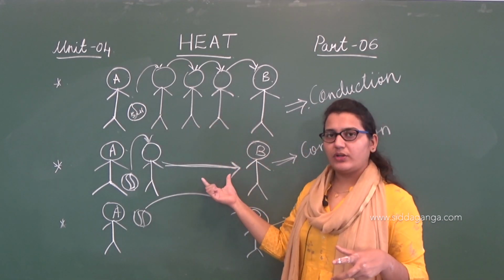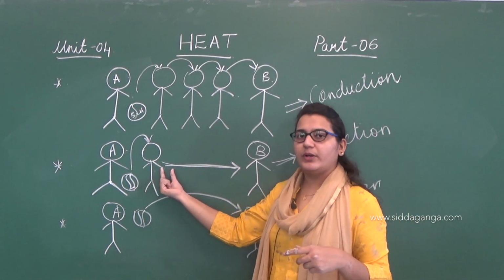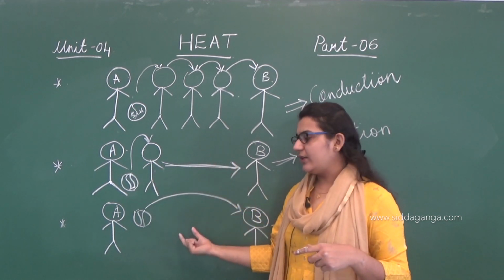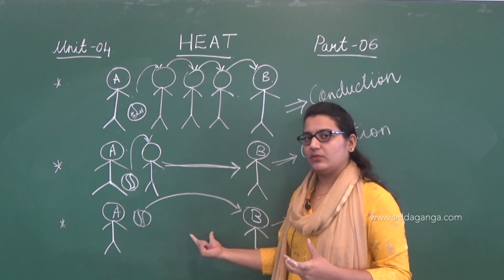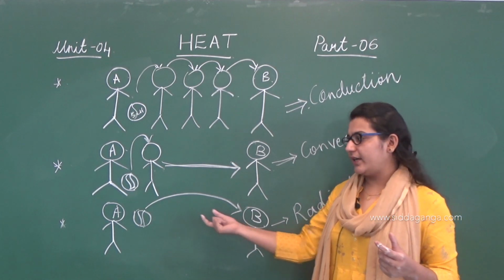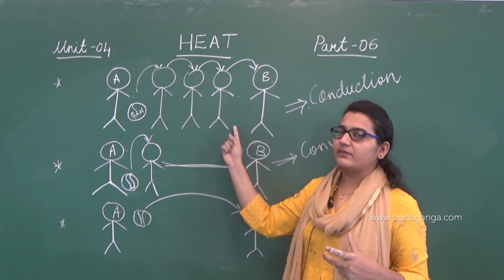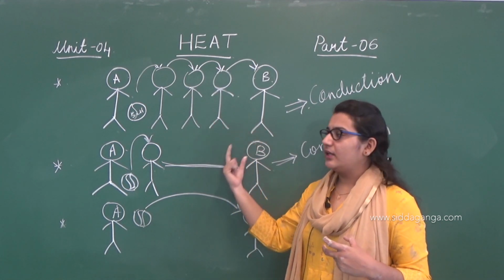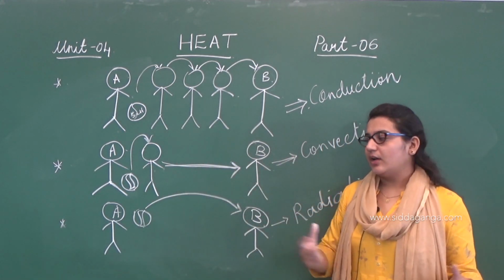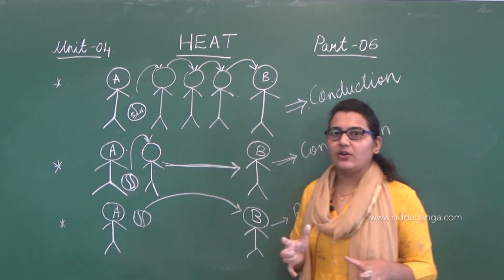But in convection what happens? There is movement of particles. With the heat, there is the movement of particles from one part of the object to the other. And in radiation there is no medium. The heat transfers directly from one object to the other. Remember, in the radiation mode of heat transfer there is no medium. Here in conduction the particles were compactly arranged and the heat passed. Here the particle itself moved. In convection the particles moved to transfer the heat. But in radiation, what happened? There is no medium. So this is the basic idea of modes of heat transfer.